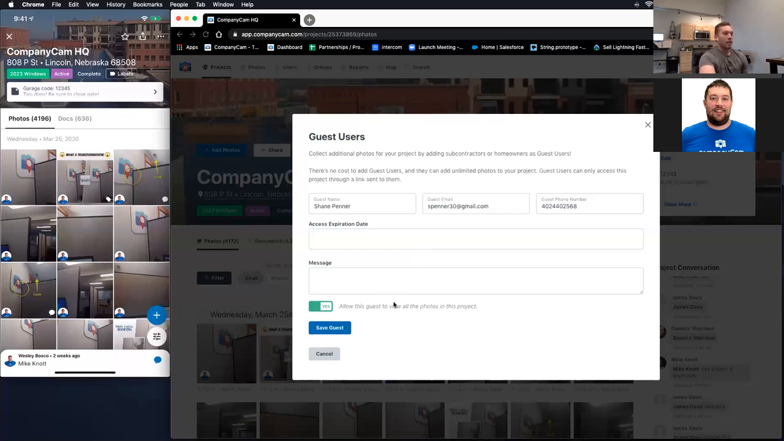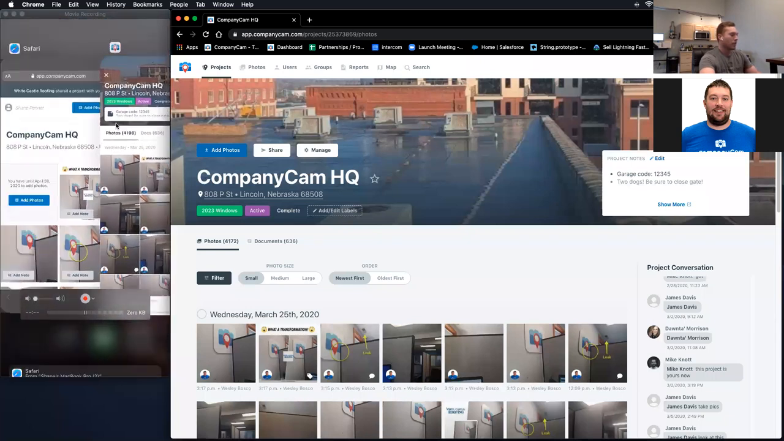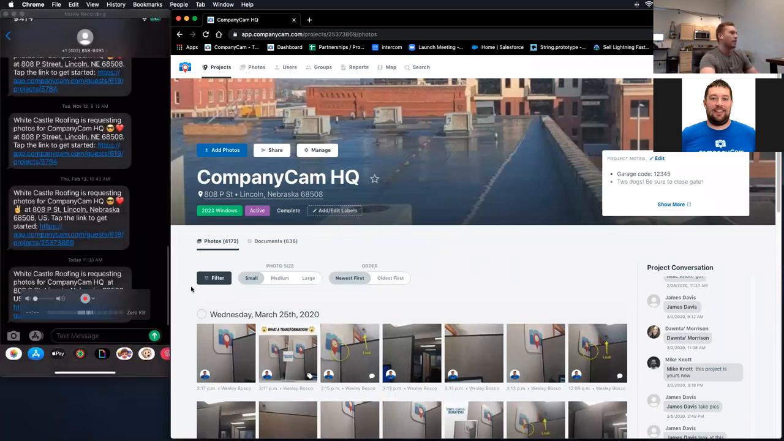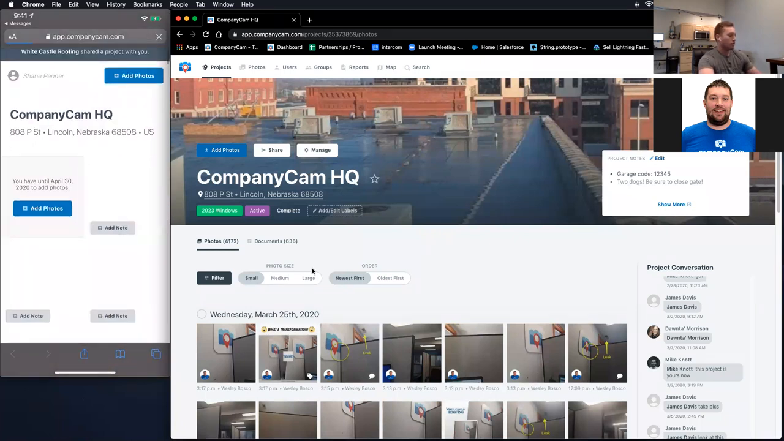So, allow this guest to view photos. We'll save that here. I actually have one set up so it goes a little bit quicker. You'll see here it's going to say that your company is requesting photos for their house, their address, business, whatever it might be. You'll click on that link and then verify your email, and it'll open up to something like this. So they'll have an add photos option here. And if we want to scroll through here,